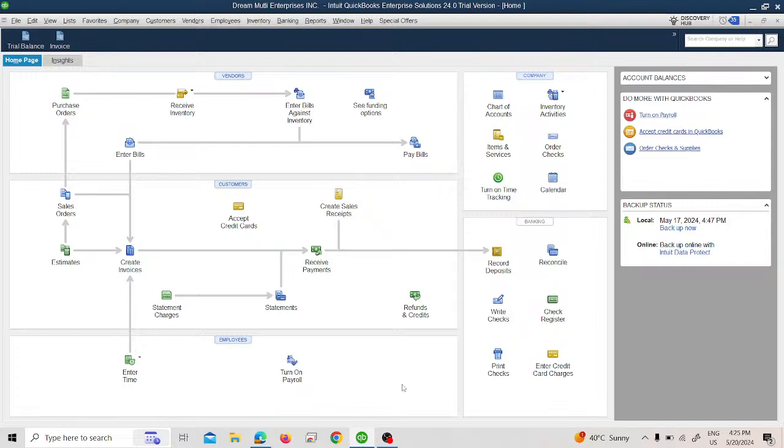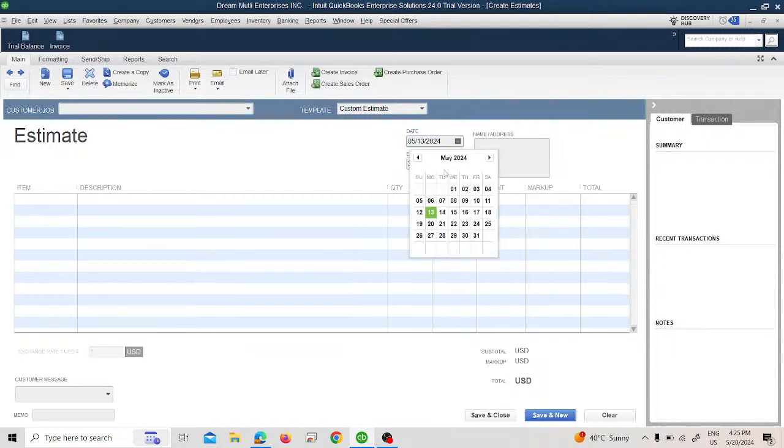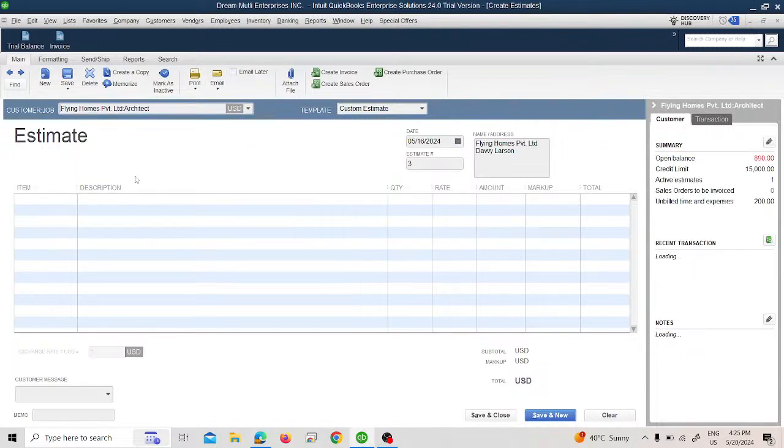Okay, so now the next topic is how to create an invoice for a job cost. So now we will go and create an invoice. We will create an invoice and the bill 16, we will select this, and when you select this,